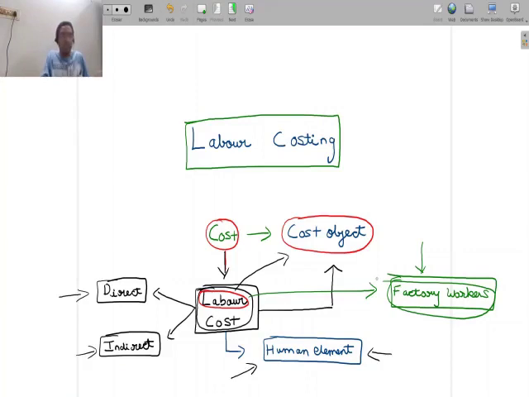And that's why, if I'm working as an accountant, or I'm working as a finance manager, I'm going to call myself an employee of the company. I don't call myself a laborer of the company. So I'm going to say I'm an employee in the finance department. No, I'm not going to say I'm a laborer in the finance department. But when you talk about a factory worker, these are the people you also call laborers. You attach the word labor to these types of workers.